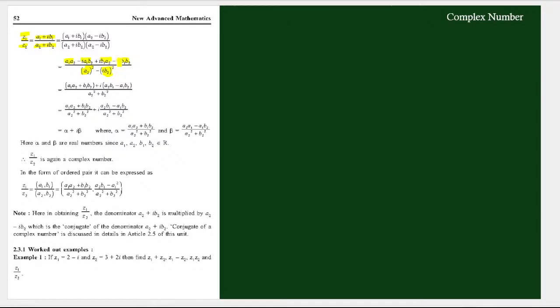So this becomes your i square, which is minus 1. Minus into minus is what? Plus. So we get plus here. B1 B2 we bring to the real part: A1 A2 plus B1 B2. Okay, i square is nothing but minus 1. Minus into minus is plus, and 1 into B1 B2 is B1 B2 itself. So A1 A2 plus B1 B2